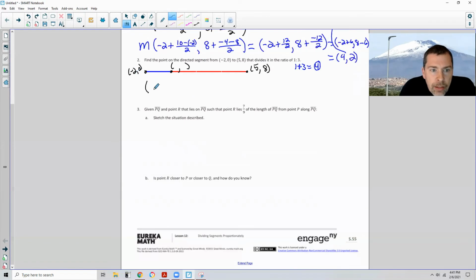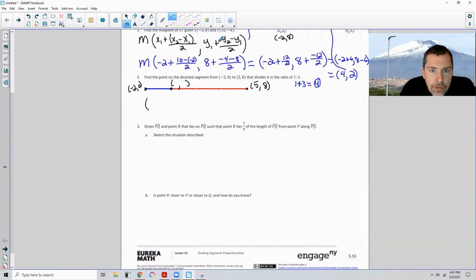So x sub 1, and let me just move up so we can see our formula. It's this right here. So we take our x sub 1, which is negative 2, plus, and then we're going to take x sub 2 minus x sub 1 in my numerator. X sub 2 is 5, minus x sub 1, be careful, minus a negative 2. And then we're going to divide by how many segments we want to break this thing into. And this is going to be 4,